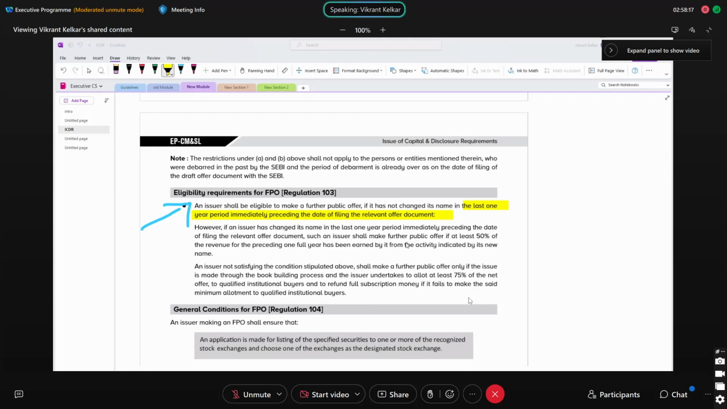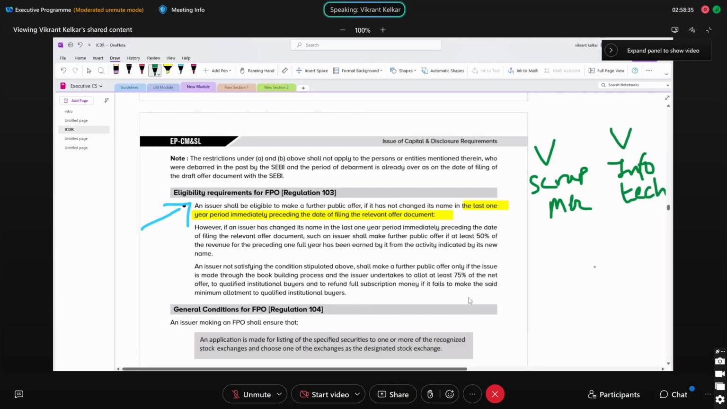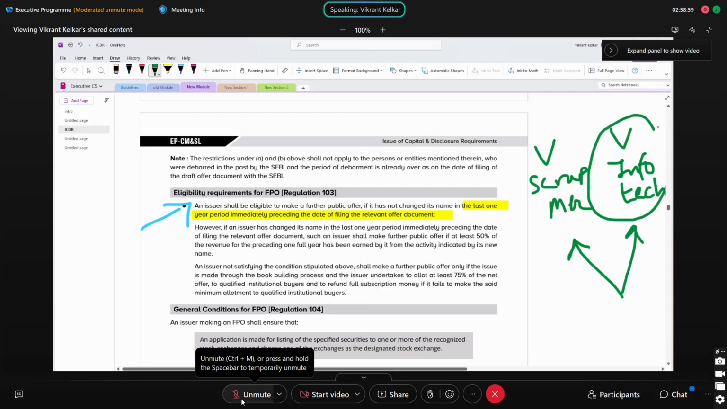Let us compare it with another company. Suppose there are two companies. One company is Vikrant Scrap Merchant, and the other company is Vikrant Infotech. Tell me, suppose you are an investor, in which company are you going to invest, Vikrant Scrap or Vikrant Infotech? What is your opinion, Anna or Sanjay? Which is a good investment opportunity? Vikrant Scrap Industries Limited and Vikrant Infotech Limited. A traditional investor will go for Vikrant Infotech,